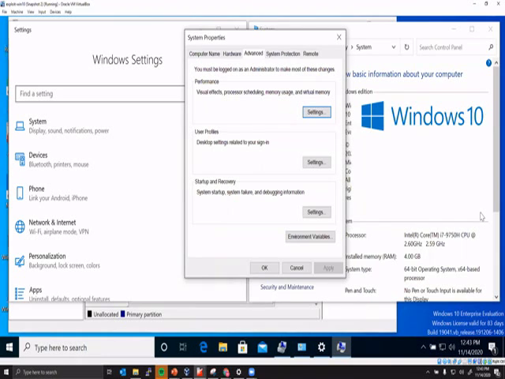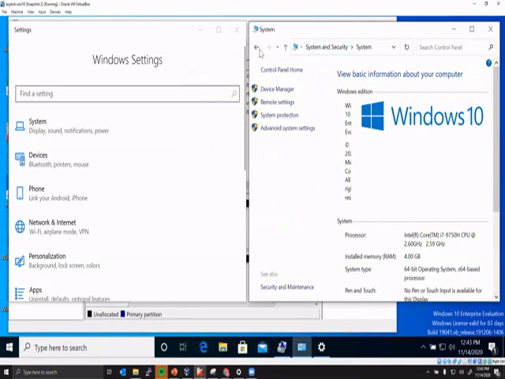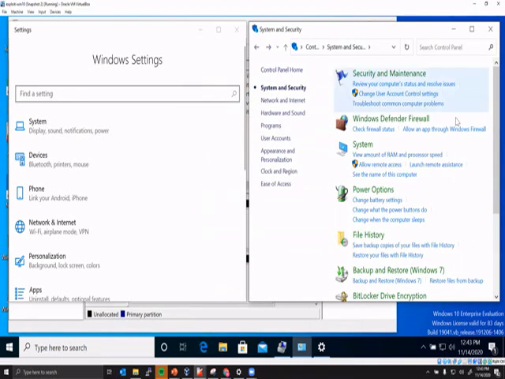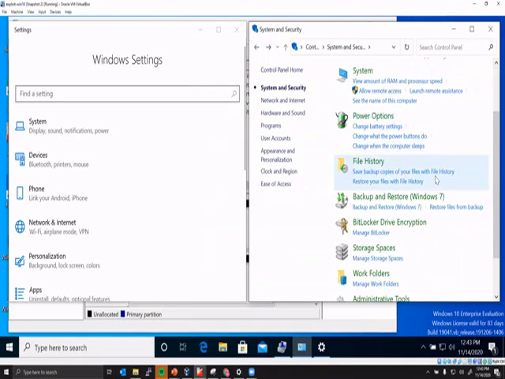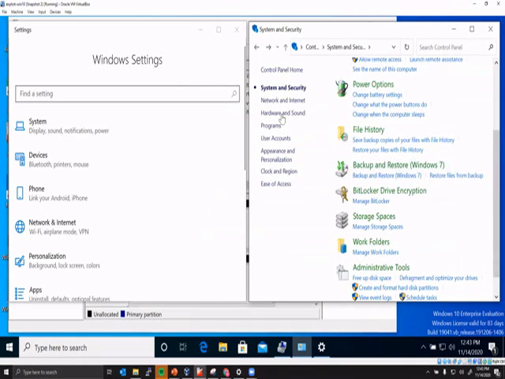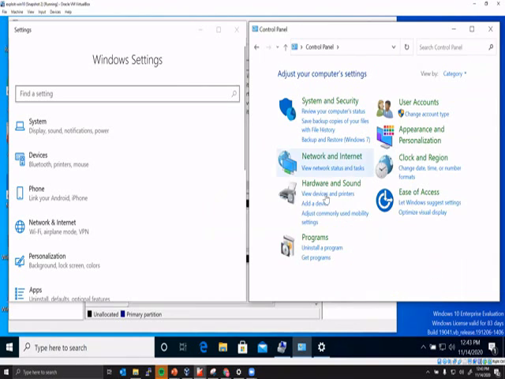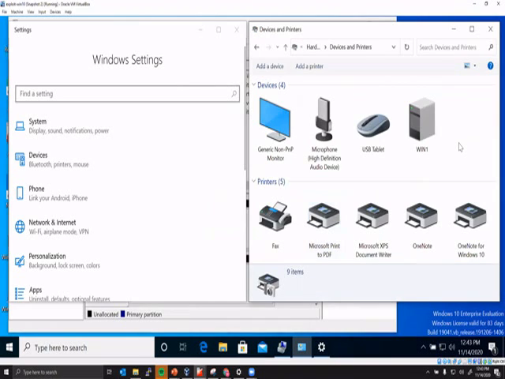So let's go now to devices and printers. Let's go back here on the control panel. There you go. Devices and printers. This guy. So here, this gives you access to your USB devices, Bluetooth devices. So it's not just for, a lot of the times people go here just for printers, but like, for example,